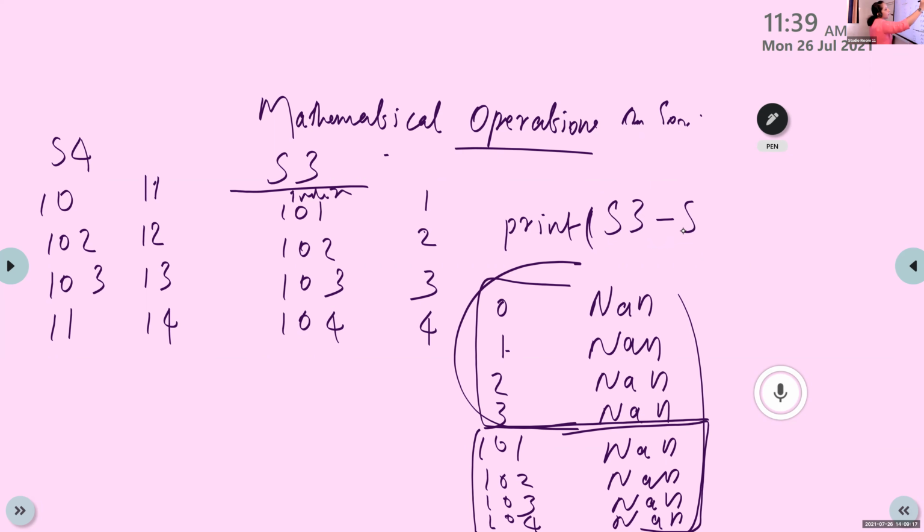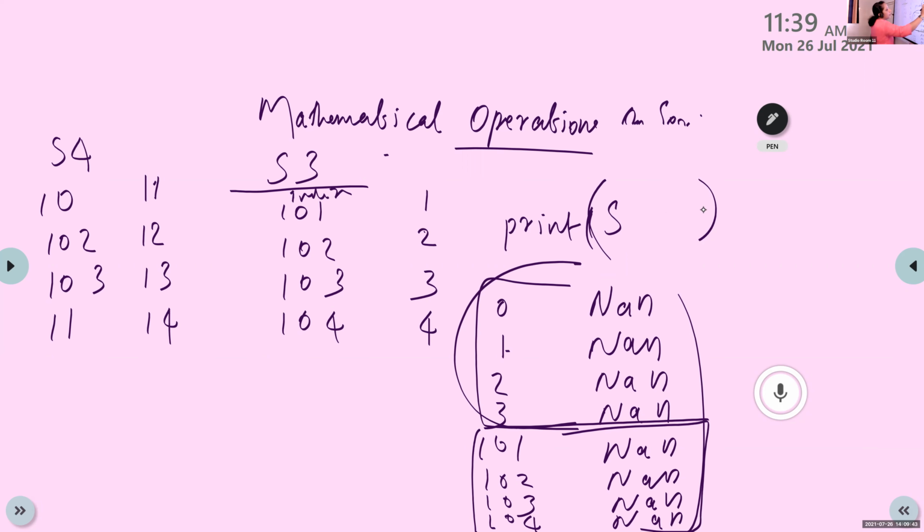Navin, what is S3 minus S? 0 NaN and 1 NaN. S3 minus S. I am asking S3 minus S. 101 NaN, 102 NaN, 103 NaN, 104 NaN, then 0123 NaN. Okay.